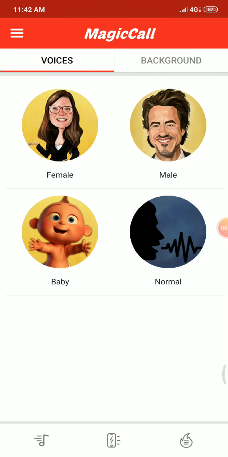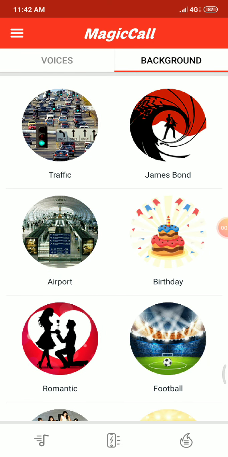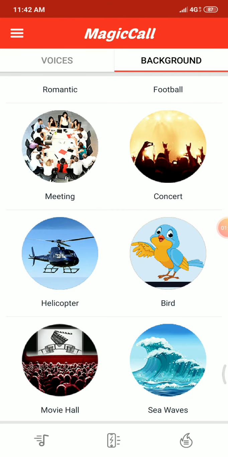First open this. You can see you can also change your voice into a female, male, baby, normal. In all these voices, it doesn't show your number on the other phone while you are calling them. And you can also change your background music like traffic, airport, whichever background music you want to choose. There are a lot of background